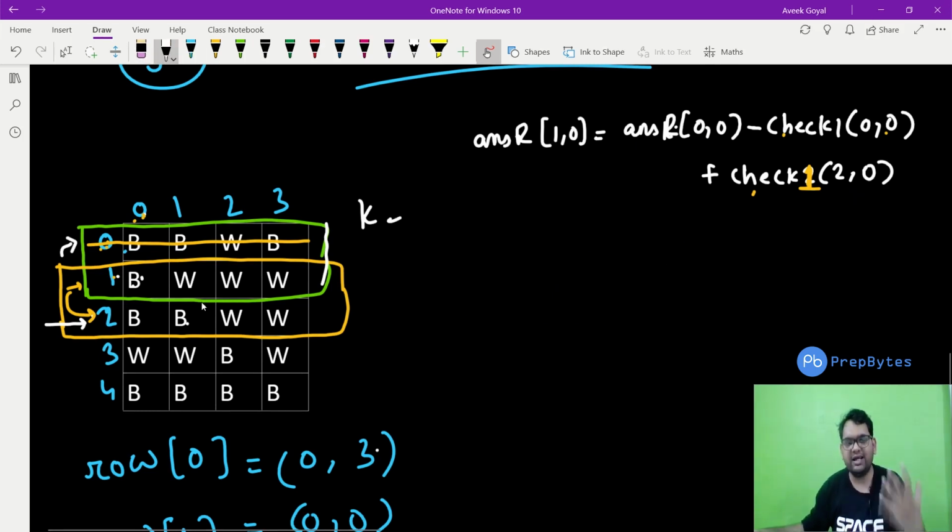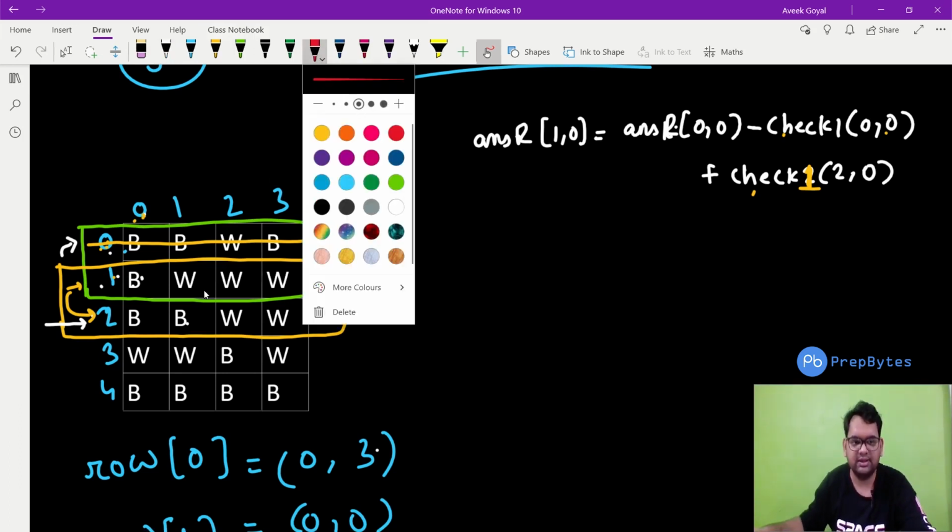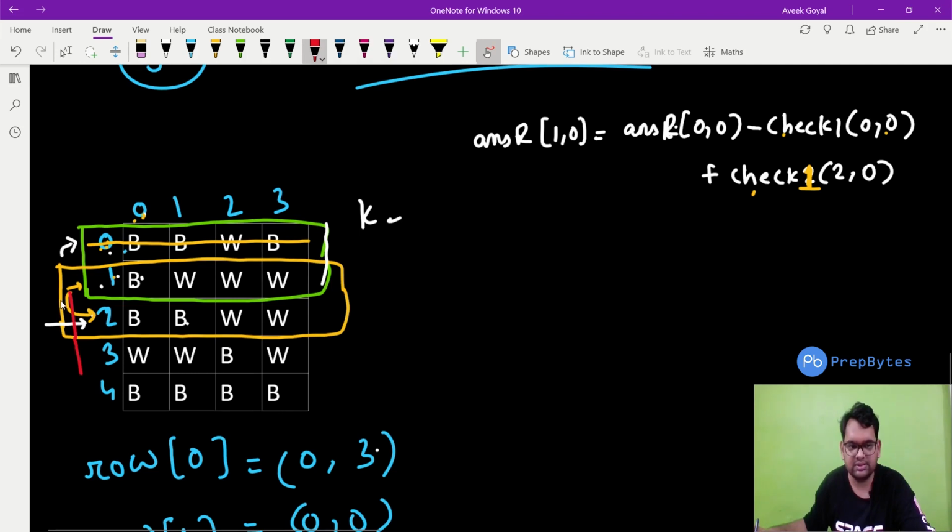Each and every time, we do not need to call the check function for each and every row. Fine. For this 1, 0, we have already done this before. So we are just using sliding window to reduce some more operations, and that's it. Okay. Now once we get this, the next row, you guys can probably see it by now, is nothing but the next row is this. Correct? The next window is this.